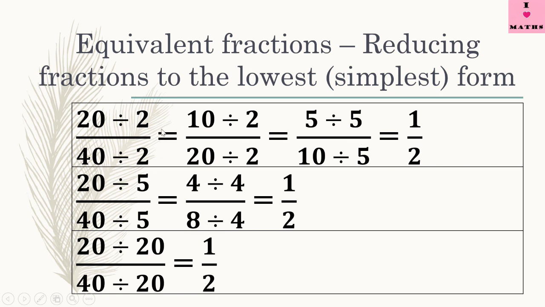See, all these things are correct. In the 2 table also 20 and 40 both come. And in the 2 table 10 and 20 both come. In the 5 table 5 and 10 both come. Everything is correct. But you should try that you are able to divide with the biggest number in whose table numerator and denominator both come. Okay, so at least this one thing is for sure, that for changing a given fraction to the lowest form, there is more than one way you can do the work.